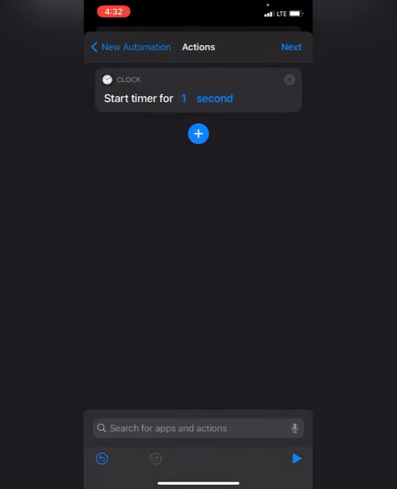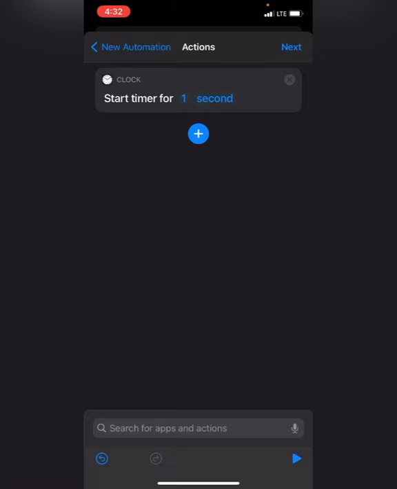So basically this tells us that when the charging percentage reaches 95%, the timer gets started for 1 second. So when my charging reaches 95%, for 1 second a timer starts and it rings. So let's see a demo by clicking on the play button at the bottom.